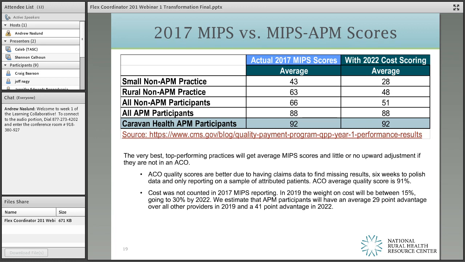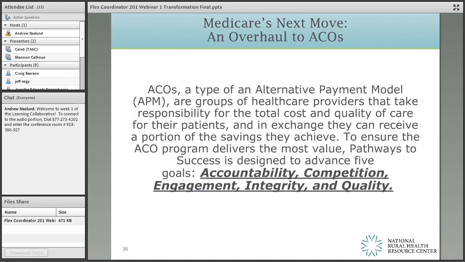And then on APMs, you're going to pretty much stay consistent because you're not losing that weight or measure if you're participating in a merit-based incentive payment system. So this, added to looking at the bell curve, means anyone choosing not to be in MIPS is not going to have any growth. Anyone choosing to be in MIPS only is going to continue moving to the left-hand side of the bell curve as things go forward. So to me, that escalates the concern that providers should consider some type of alternative payment model.